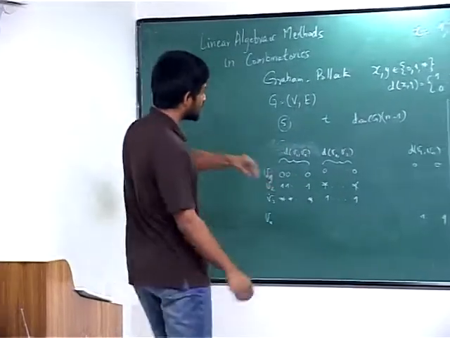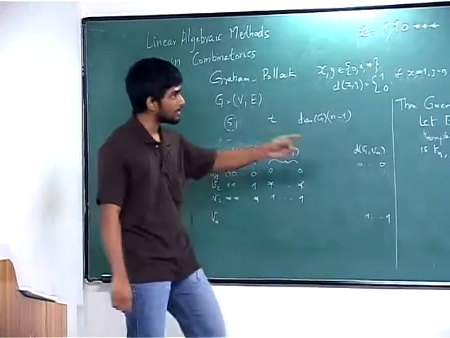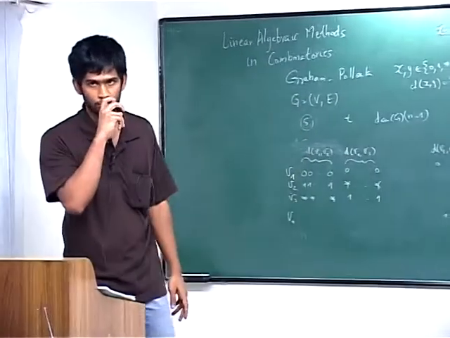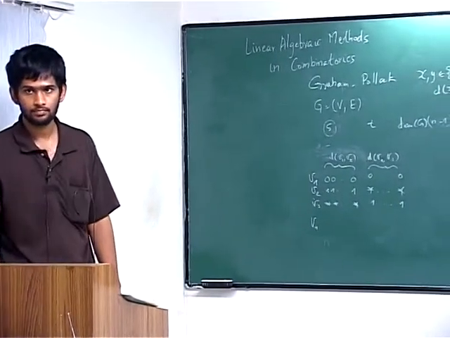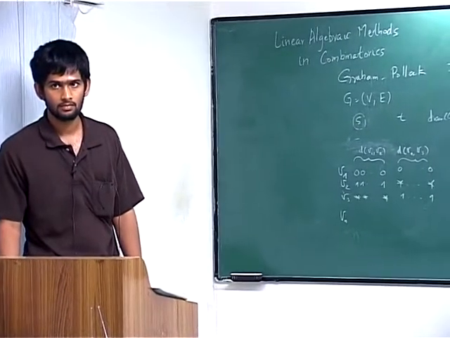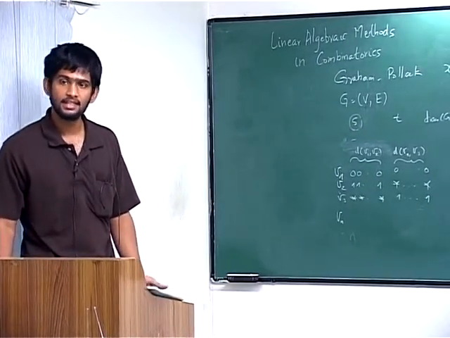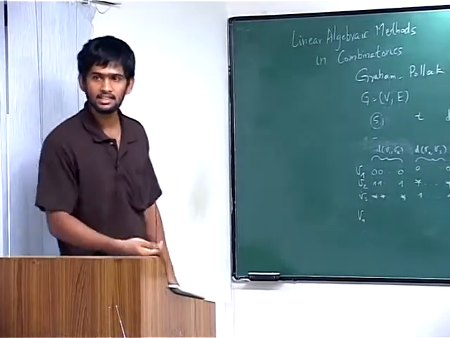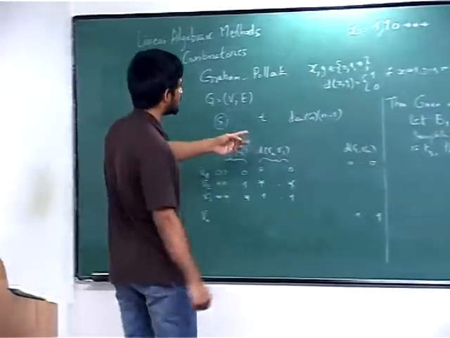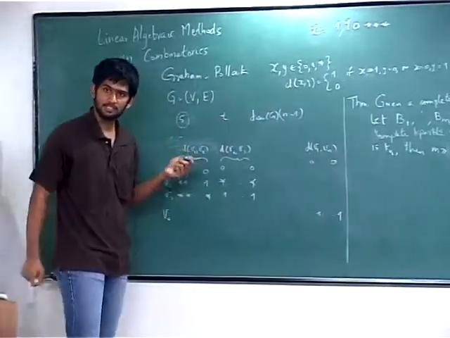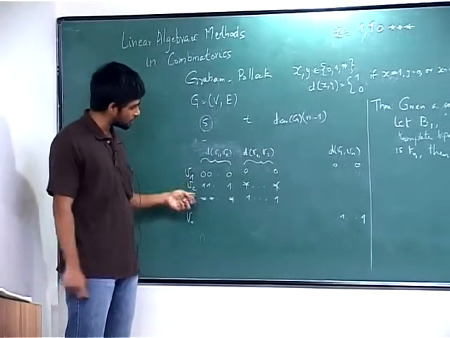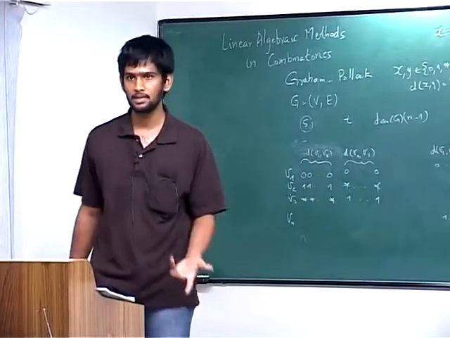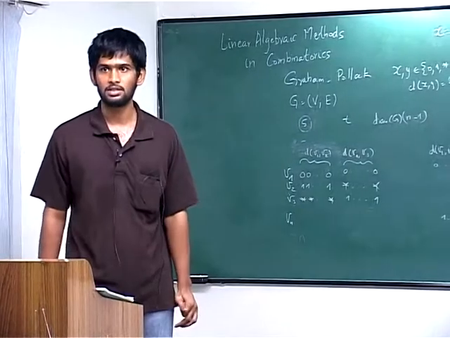So I have to argue against any such addressing scheme by coming up with one graph for which you actually need so much. That is the thing that you have to show. So claiming that two vertices should map to different vertices in the cube need not be true. Maybe you can prove that it has to be true, but I don't know how to prove it. Maybe you can prove it, because I want this condition also, no? I want the Hamming distance to preserve some sort of a shortest distance. Maybe you can use that to show that they have to map to different vertices, but I don't know how to prove it. It possibly is true, but I don't know how to prove it.